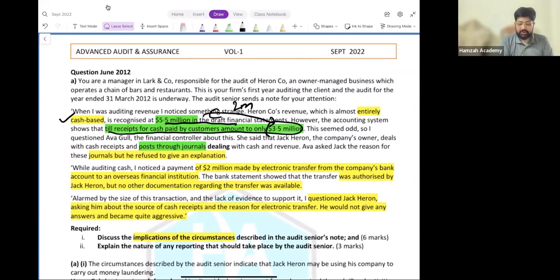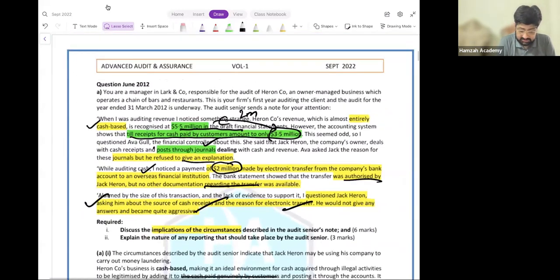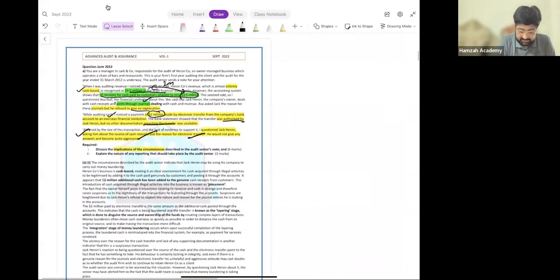This seemed odd, so I questioned Eva Gul, the company financial controller, about this. She said that Jack Heron used journals, odd accounting. No explanation available. The same 2 million is being transferred internationally. It was authorized by, no information available once again. Question him, he became aggressive. Now, students, the point is, you see here,